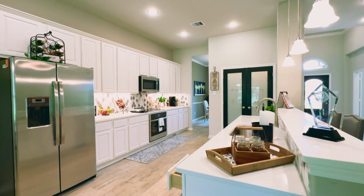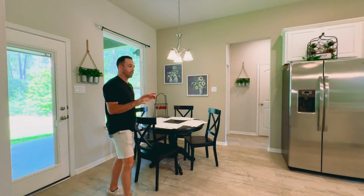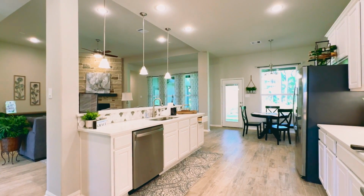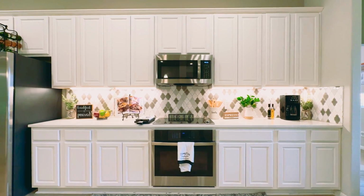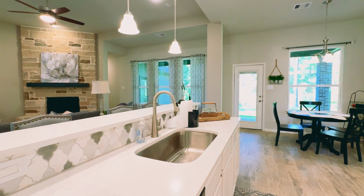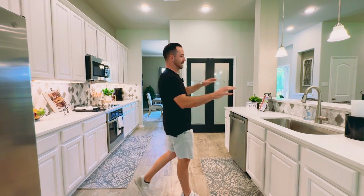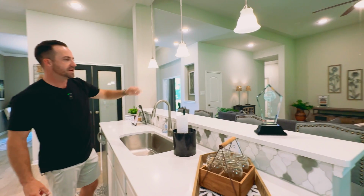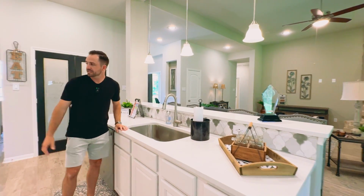And not only do you have the formal dining up over there, but you also have kind of your kitchenette space here. But what I loved about the kitchen is just how much space you have in here. A lot of times it's more of like a galley kitchen where you're crammed in between, but I can definitely see this as really a great kitchen for hosting, for Super Bowl parties or holidays. I love that this kind of faces the living room, so you can mount your TV up over there. It's pre-wired, and so you've got a really nice view of the living room, but plenty of counter space for